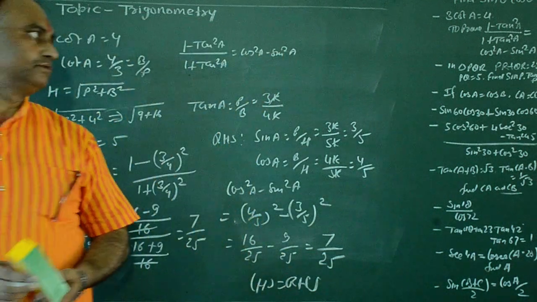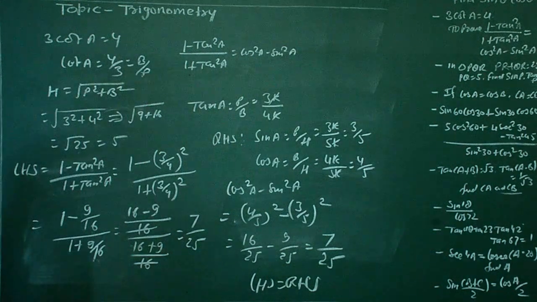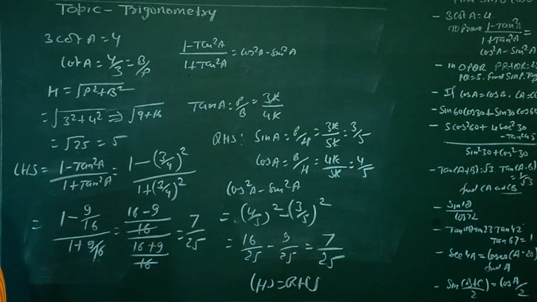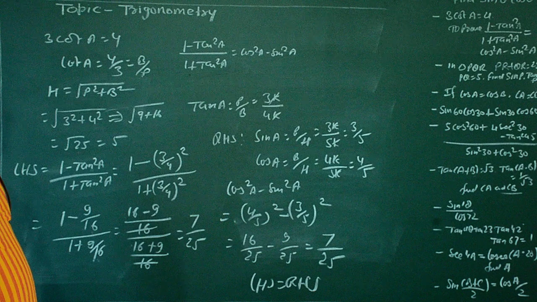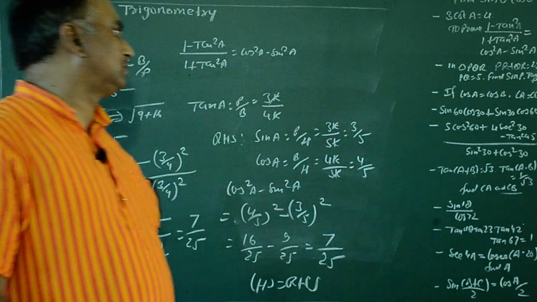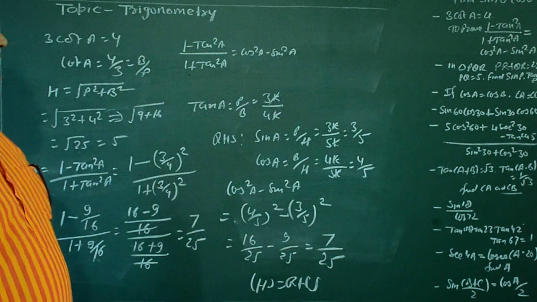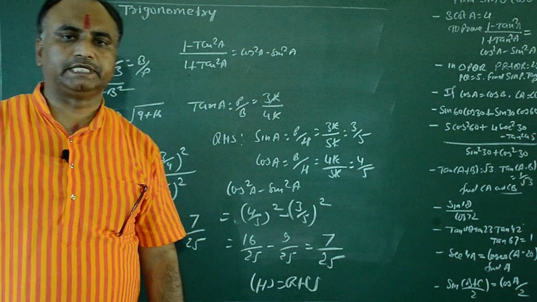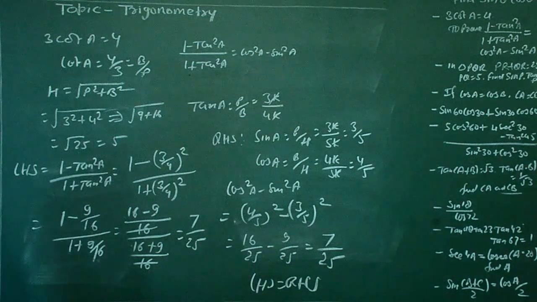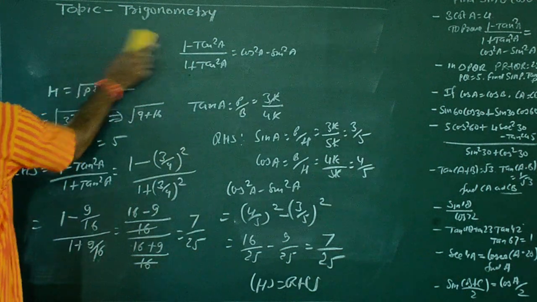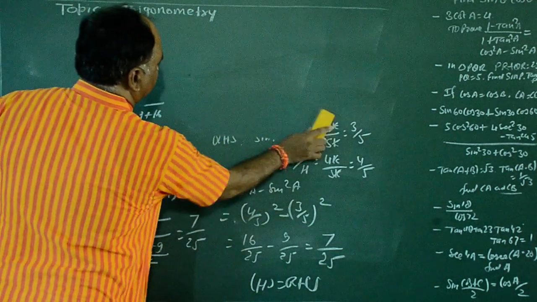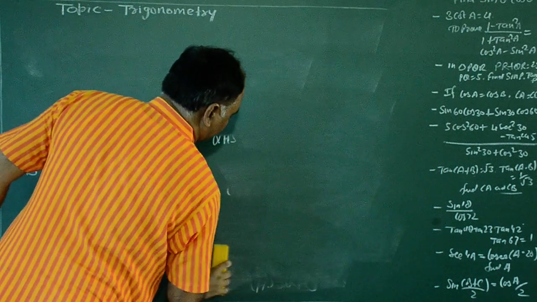Okay, and now your third question is: in triangle PQR, if PR plus QR equal to 25, PQ equal to 5, then you have to find the value of sin P, cos P, tan P, and other trigonometric ratios. What will we do here to find these values? Look here,